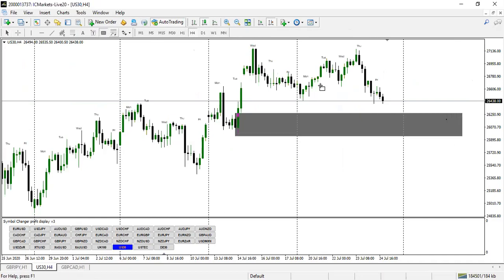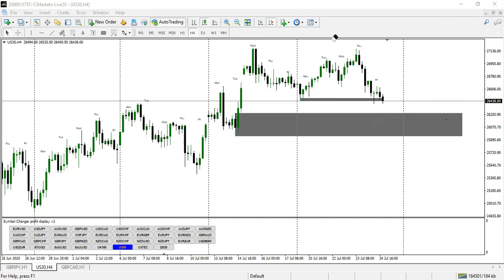So this is a liquidity zone that this pair might really come to take out, and which it has already taken out. So we might see price coming back to this area, then going higher to take out that liquidity that we've already talked about.